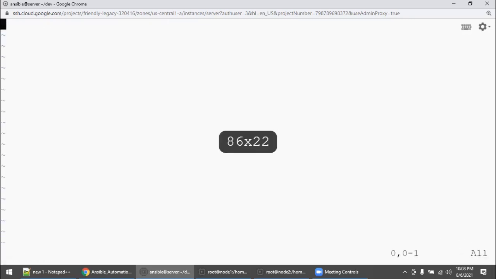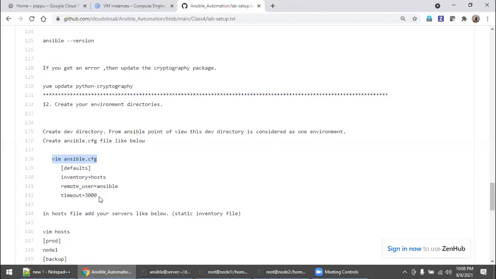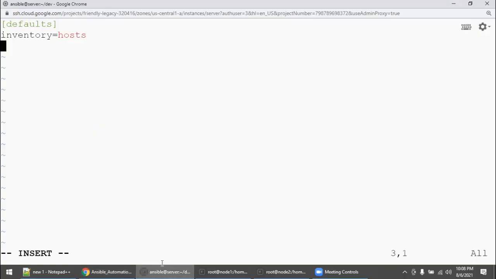Inside that, you need to say defaults, right? inventory equal to host. Come down and then remote_user, ansible, timeout 3000, right? Even remote_user equal to ansible, because we are going to manage everything through the ansible user.